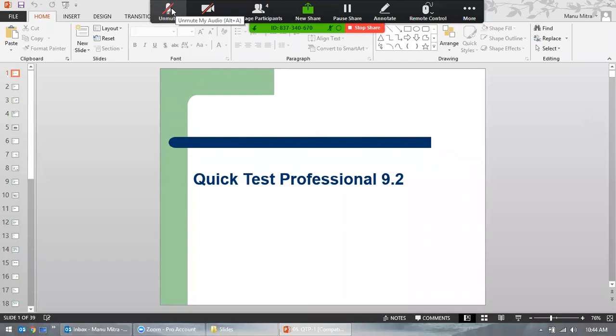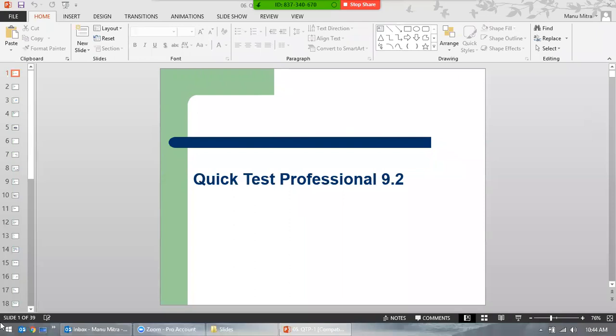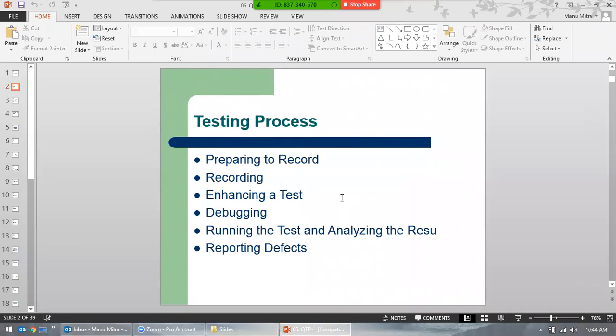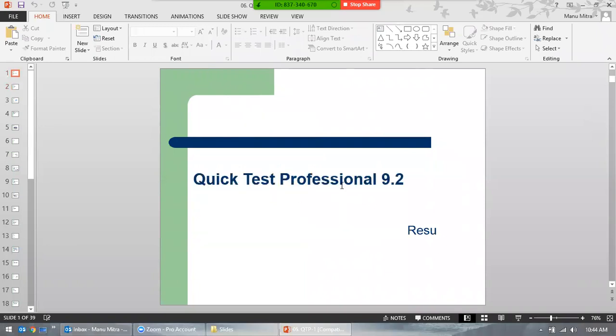So, today we'll go to this automation tool. This is an automation tool, QTP. We'll talk about this a little bit. We'll not go deep into this. We'll just have a look and have an introduction of sorts, and see